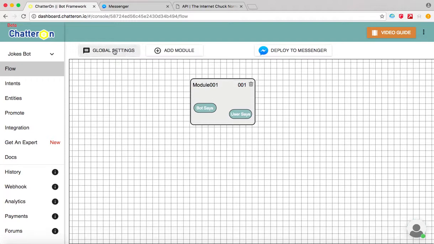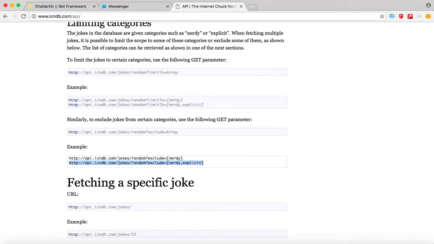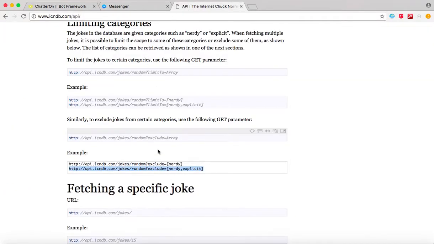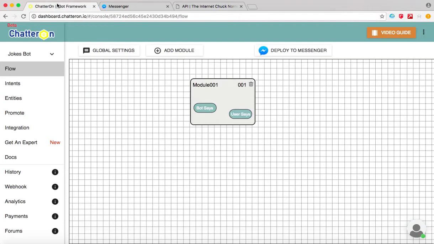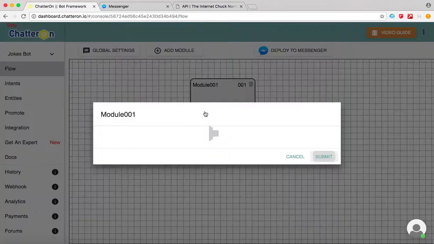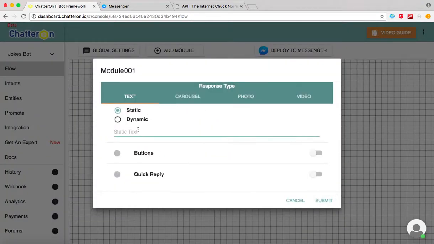Okay, so I've just Googled Chuck Norris Jokes API and you'll come to this page. This is a simple API that gives you two categories of Chuck Norris jokes, that is nerdy and explicit. And I'm going to use this. Now let's go back and go into the bot says and enter something like, "Hi, I am." Would you like,